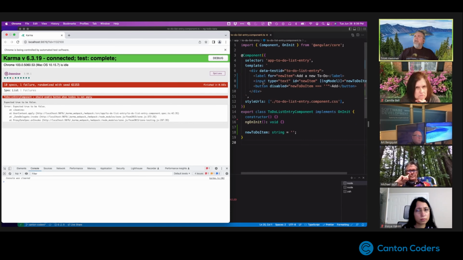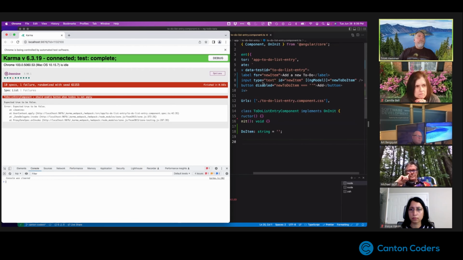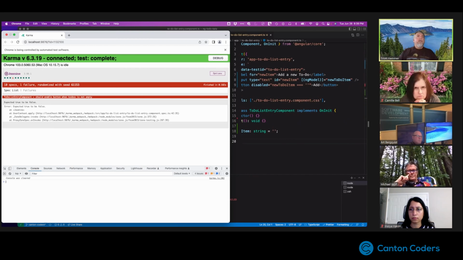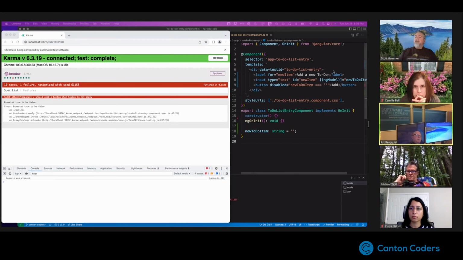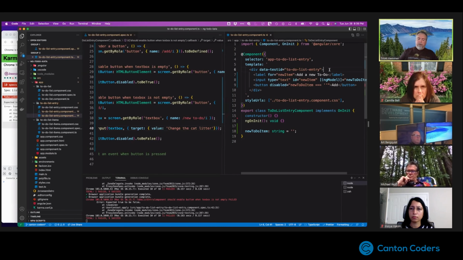That's interesting. So ngModel, new to-do item. I wonder if I need a form wrapped around this. I bet I do. Oh, you mean like to submit? In essence, yeah. So it's not actually binding that. Yeah. Okay. So I think what we're going to do is